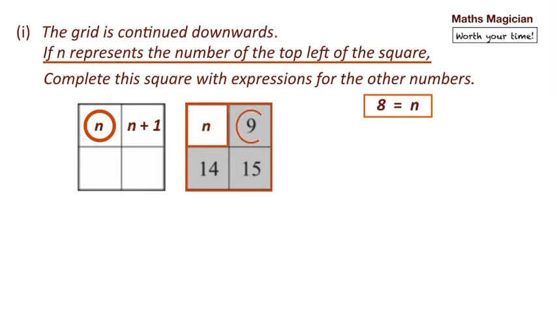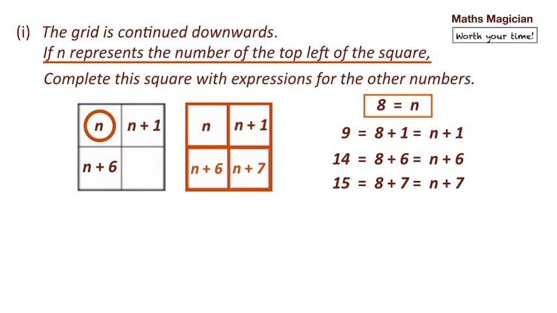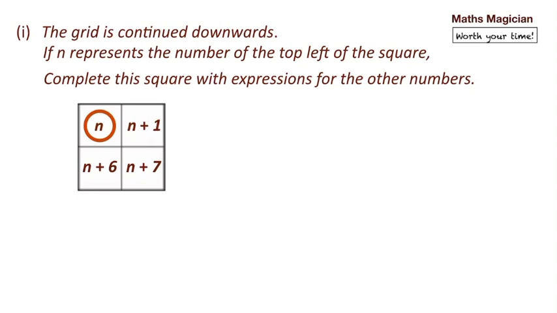Next number 9 is equal to n plus 1. Third number 14 is equal to n plus 6. Fourth number 15 is equal to n plus 7. We have solved the first question of part A. Now let's see the next question, which is